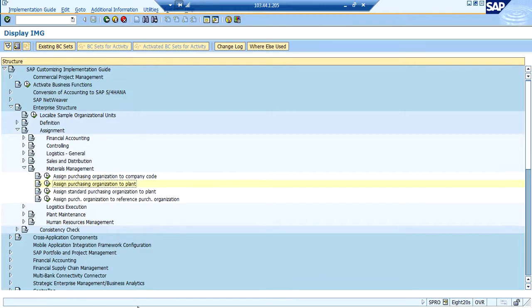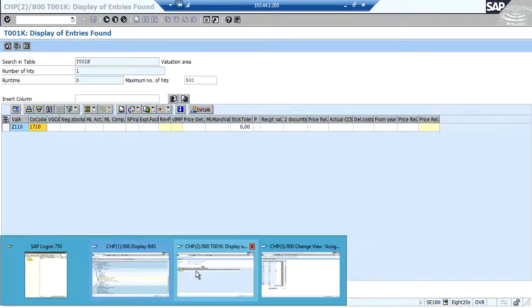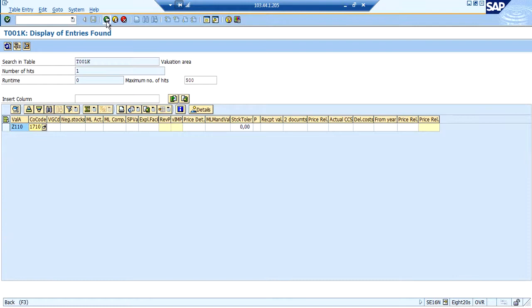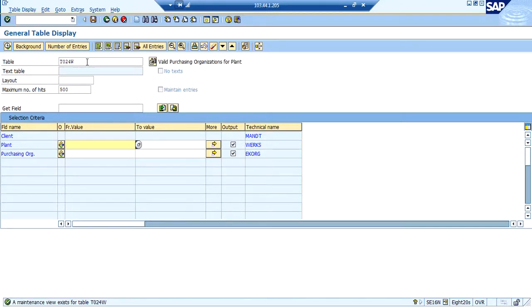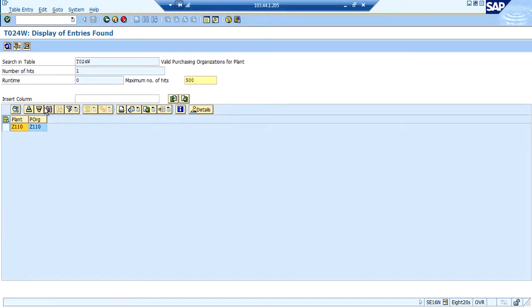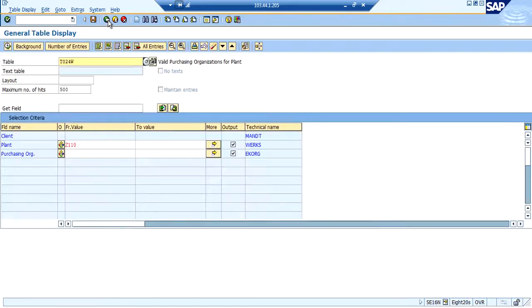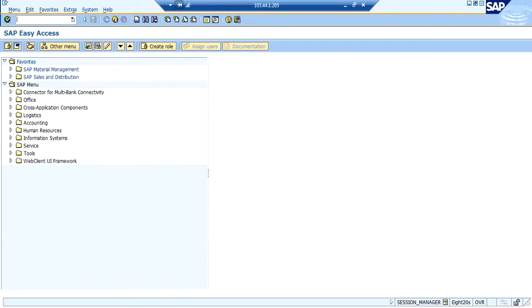In order to check plant and purchase organization assignments at table level, one can go to T024W. Assign the plant and execute. This is how plant and purchase organization assignments can be checked.